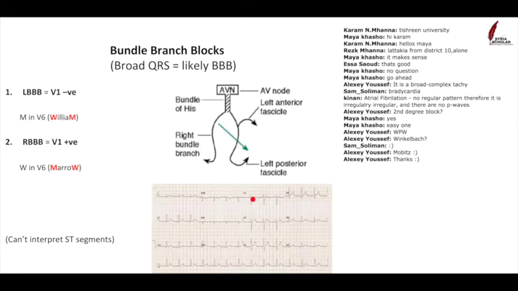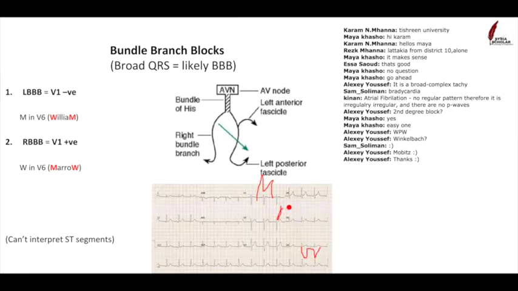When V1 looks like a W, like this, and V6 looks like an M, that's the W and M of William, then there's left bundle. So that's why it spells William. Whereas if V1 is positive and it looks like an M, and V6 is negative and it looks like a W,